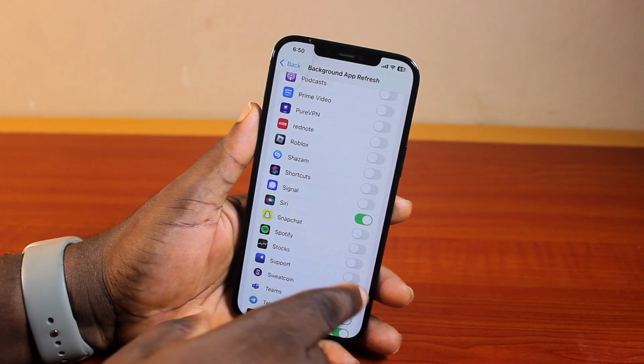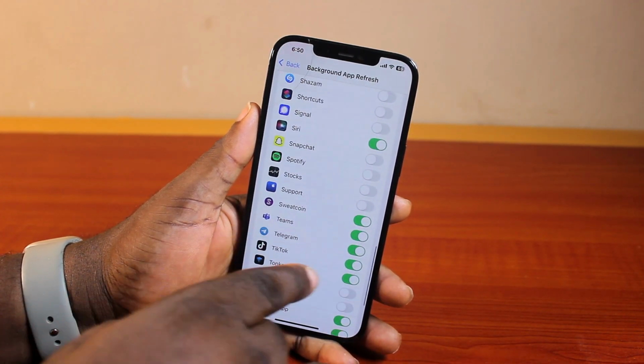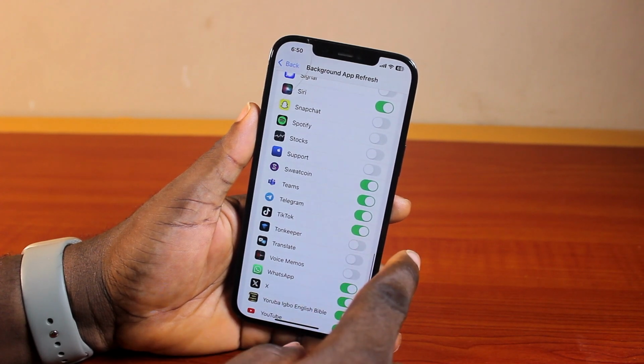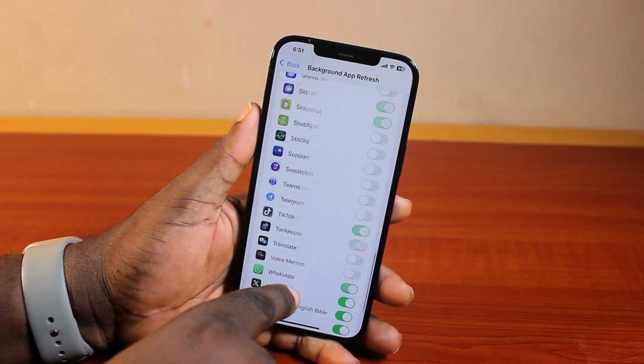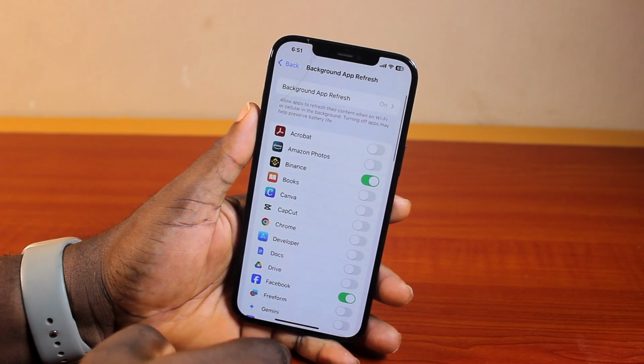However, if you use Siri, you want to make sure you enable Siri so that you're able to use Siri in the background section of your phone. You see that? And then you are good. So that's exactly how to enable background app refresh for